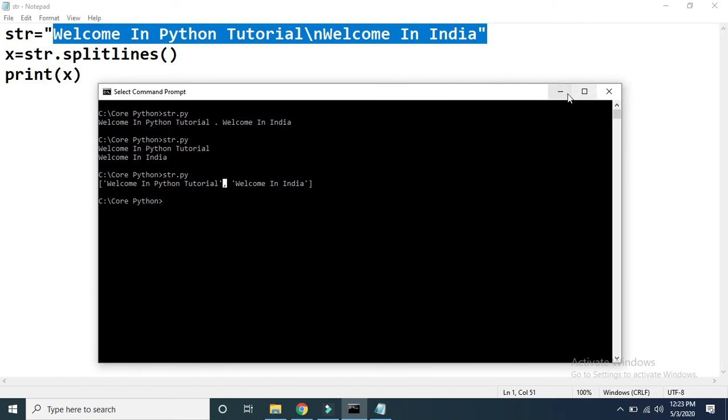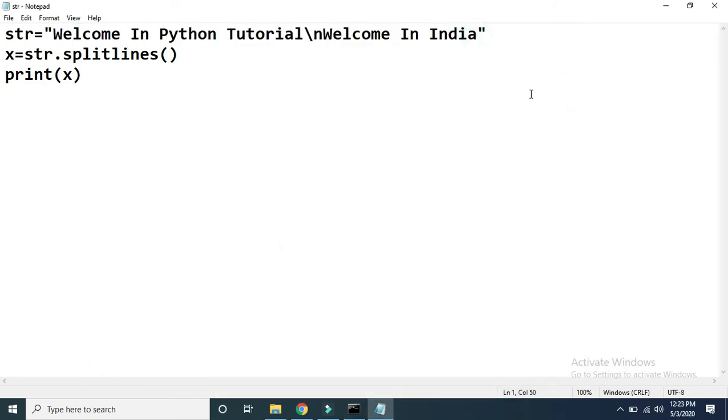Similarly, you can add one more \n. Suppose after that we type "computer". Then suppose we add one more \n and type one more string, say "electronics". Now after execution of this statement, what will happen?